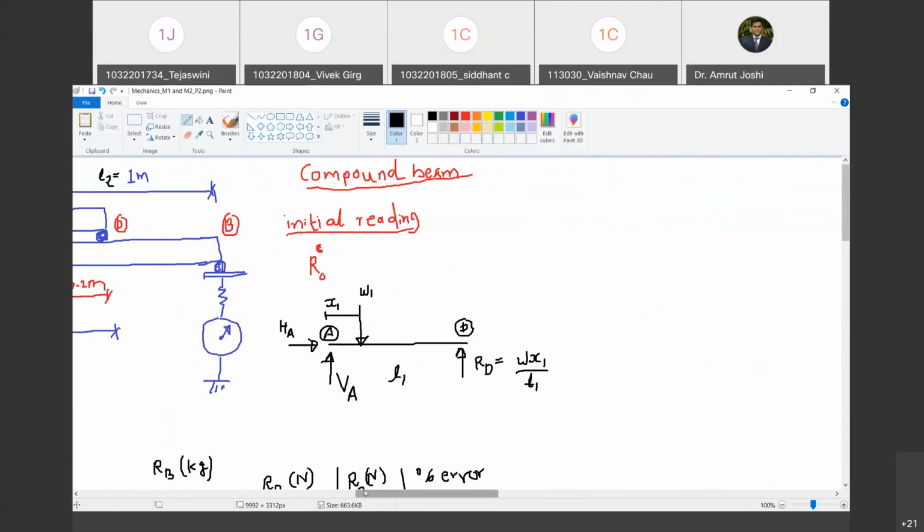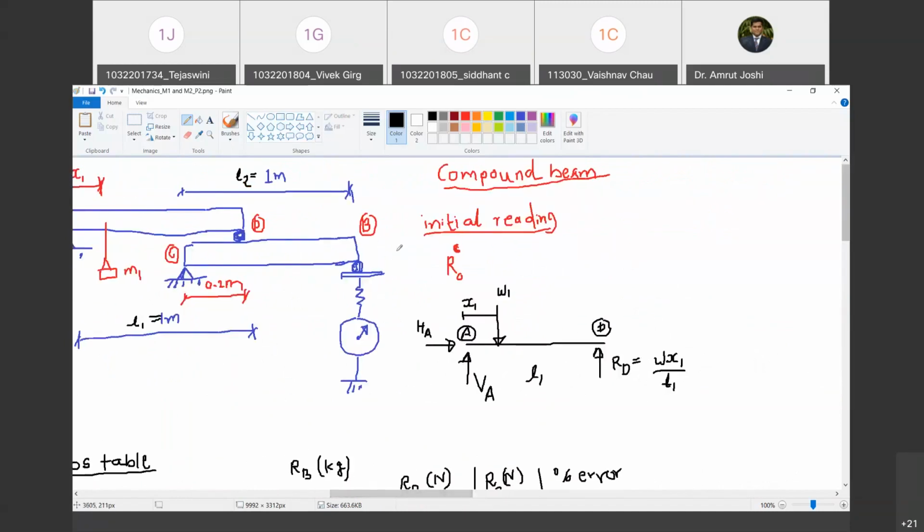Now let me draw the free body diagram of beam CB. How do I draw the free body diagram of beam CB? There is self-weight, but I am not going to show self-weight for the reason I said. There are going to be two reactions here because there is a hinge support here. So one reaction is going to be VC, another reaction is going to be HC. Happy? Yes, sir. And then there is going to be only one reaction here, which I am going to show as RB. Agreed? Yes, sir.